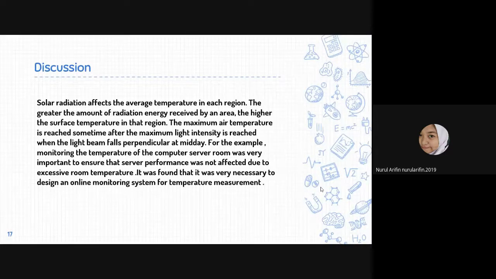Discussion. Solar radiation affects the average temperature in each region. The greater the amount of radiation energy received by an area, the higher the surface temperature in the region. The maximum air temperature is reached sometime after the maximum light intensity is reached, when the light falls